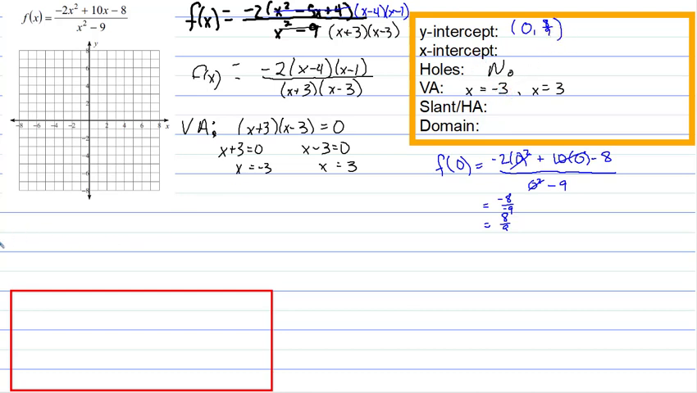Our x-intercept is a little bit more challenging to locate. You have to set your numerator equal to 0. And so we are going to have the numerator, which is negative 2, x minus 4, x